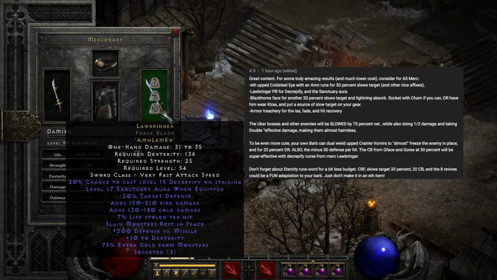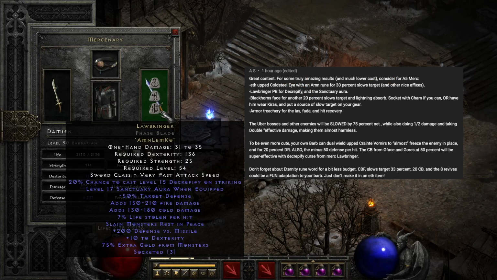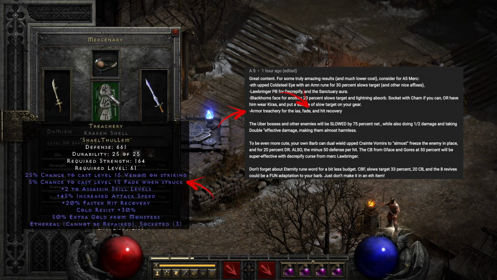For the headwear, they gave me a choice of being able to either use Blackhorn's Face for the slows target down mod, and to socket it with a Cham Rune for Cannot Be Frozen. Otherwise to be able to use Kira's. And because there's already a lot of slows target down across my Barbarian and my Merc combined, he is going to use Kira's to be able to keep him from being frozen. The armor is Treachery for the IAS, Fade proc, and Hit Recovery, which will pair well with the Hit Recovery